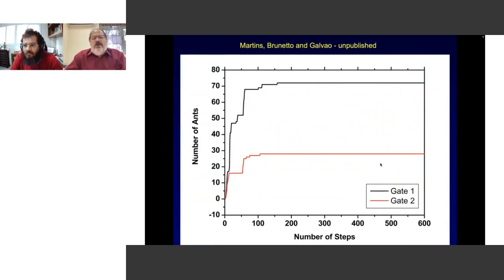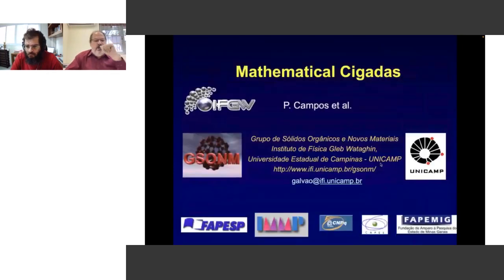Here there is no panic. It could be that the ants panic, but what we show here is that you do not require panic to explain the symmetry break. What we have here is a spontaneous symmetry break induced by a positive feedback, just that. Okay, just to finish, I like this.